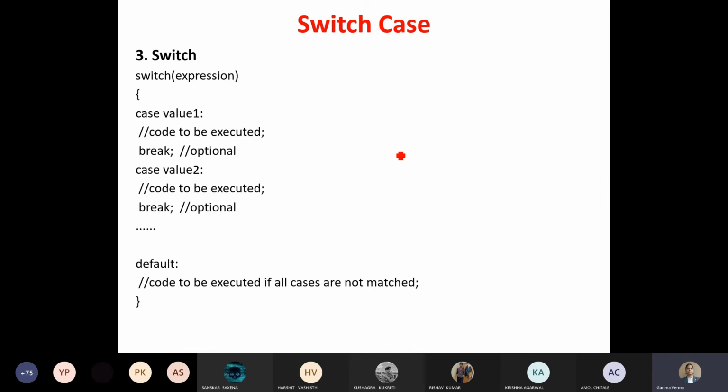Now let's take one example. Suppose I wish to check the month numbers, and according to the month number I wish to display the month name or the week name. Fine. So I have taken an integer variable, say m is equal to कुछ भी वैल्यू ले लेते हैं, say 2 ले लिया मैंने, and then I'm applying a switch case on it, say m, and my first case I'm applying case 1, which means I'm checking whether the value of m is 1 or not.